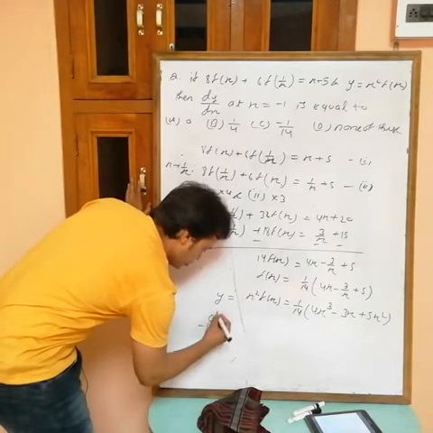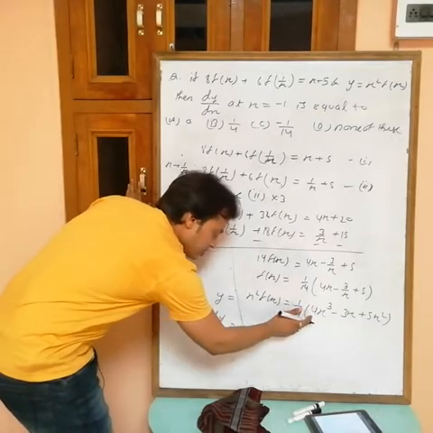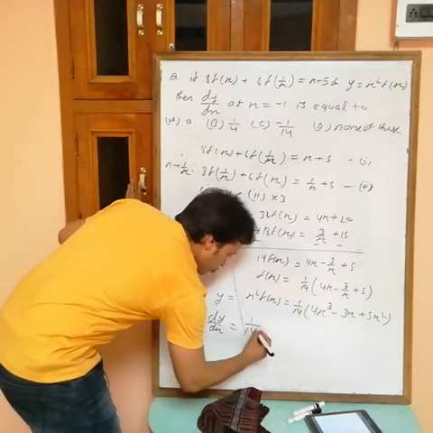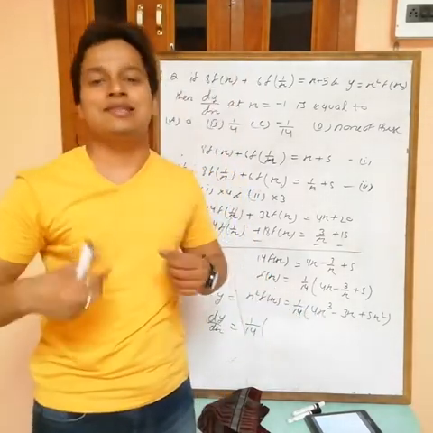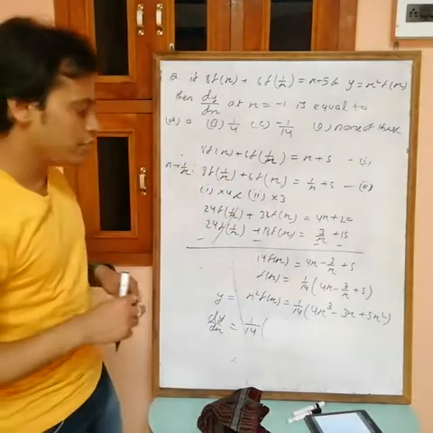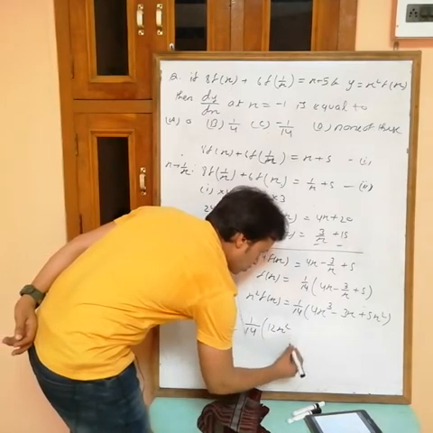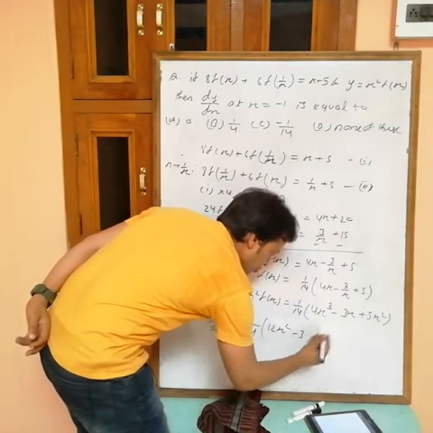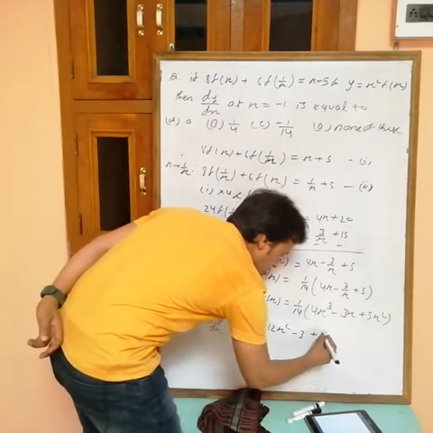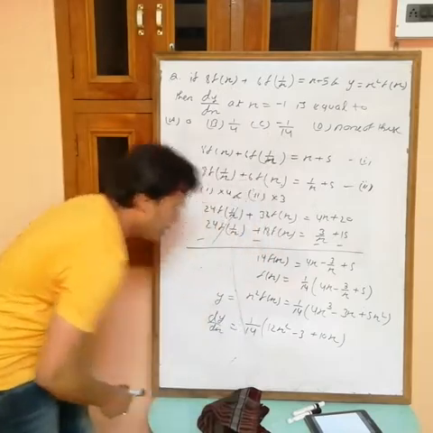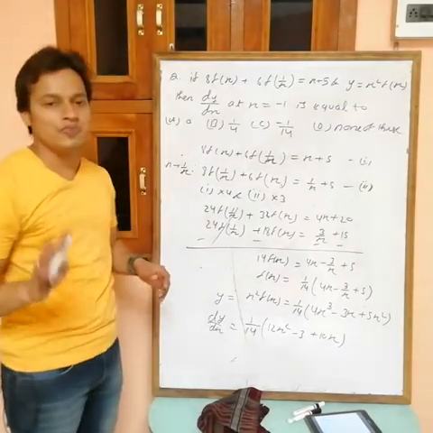Now differentiate, dy/dx. If I differentiate this, 1/14 is constant outside, the 4 is constant, and differentiation of x cube is 3x square, using x power n minus 1. So in total what you will get? 4 into 3x square, 12x square. Differentiation of minus 3 is constant, differentiation of x is 1. 5 constant, differentiation of x square is 2x, so we get 10x. Now what do we want? We want dy/dx at x equals minus 1, so replace x as minus 1.